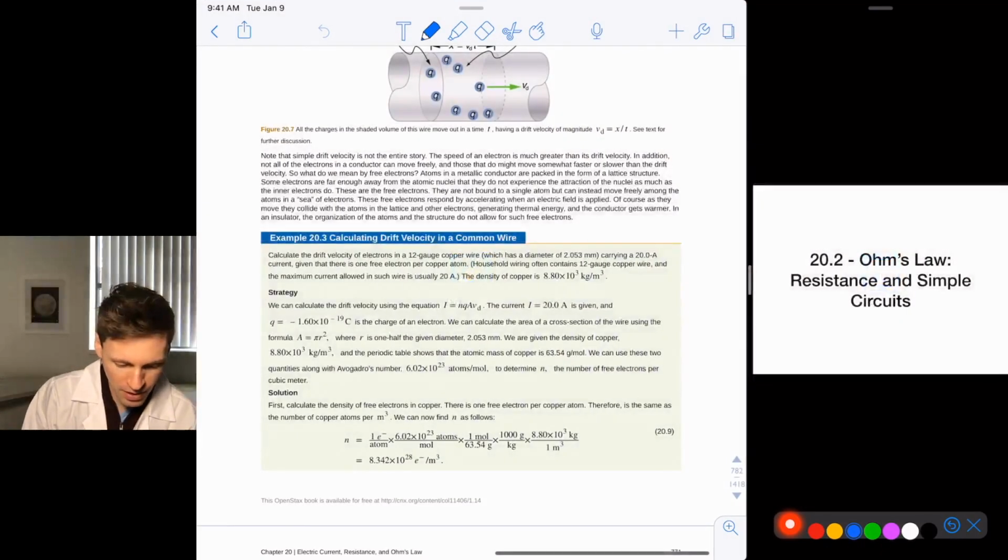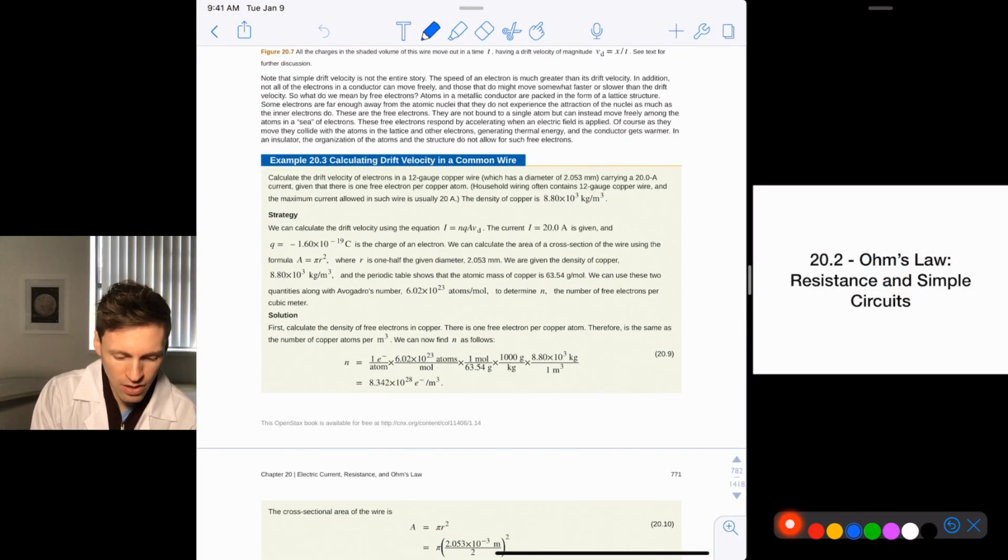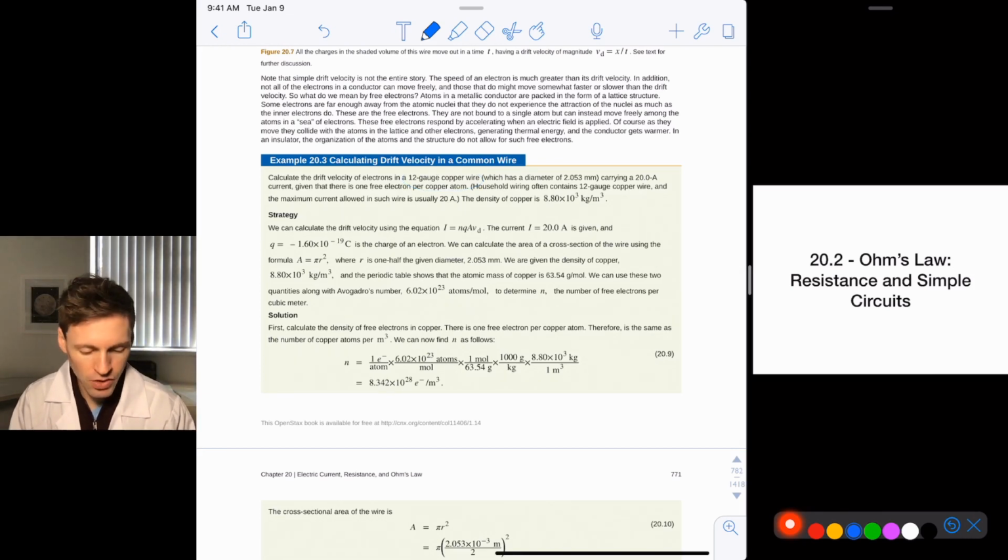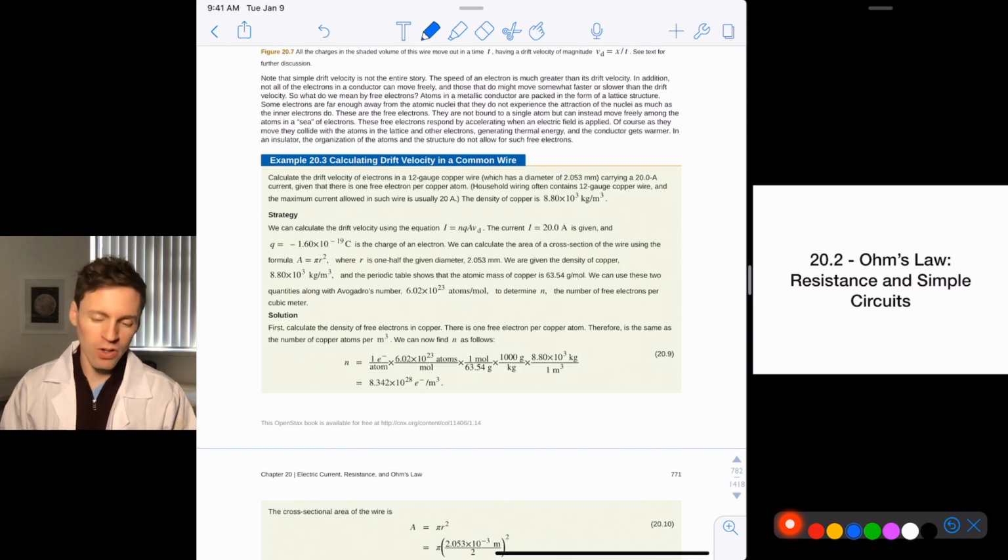So we've got an example here. It says calculate the drift velocity of electrons in a 12-gauge copper wire. So if you do any electrical work or become an electrician or something like that, the gauge is the thickness of the wire, and the gauge determines how much current can flow in the circuit before the wires heat up and melt. So you've probably heard that you shouldn't plug a space heater into a power strip or an extension cord, and most of the time it's because those extension cords are not designed to handle that amount of current over that distance, and so you have to make sure you're